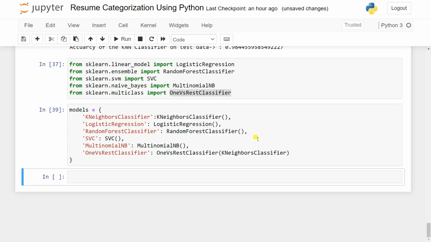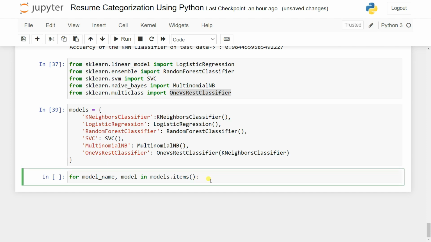Now what I can do is create a for loop, just taking the models. So from models dot items, it will give me two things. One is the model name, and another is the model. So let's say model name as well as the model. In the models items we have the key, which is nothing but the model name, and the value is nothing